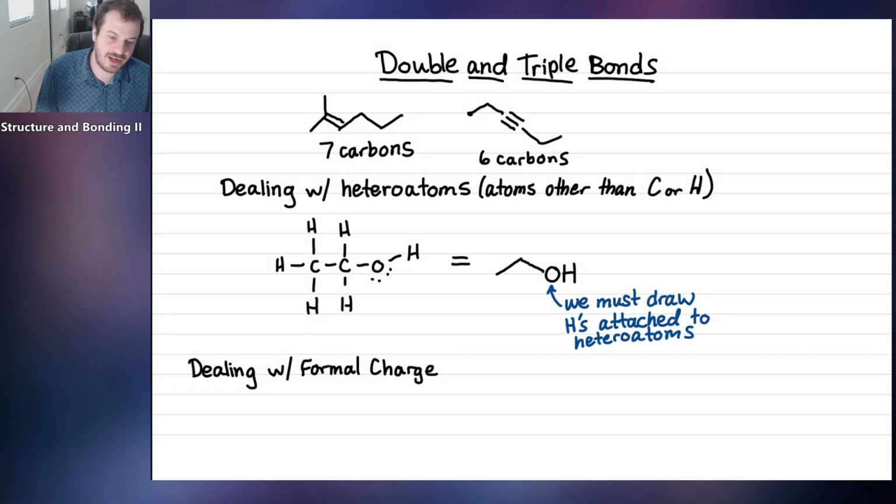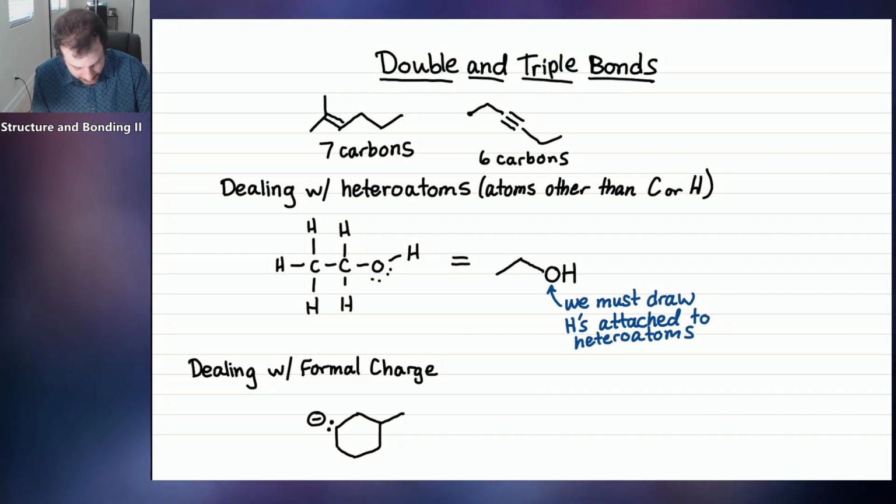And what we'll find is in this class, there'll be some times where we have carbon with a formal charge of either -1 or +1. So just for simplicity's sake, let me go ahead and draw a compound that has both a minus and a plus charge carbon in it. So over here on the left, I'll create a negatively charged carbon with a lone pair on it. And over here on the right, I'll put a positive carbon, okay?